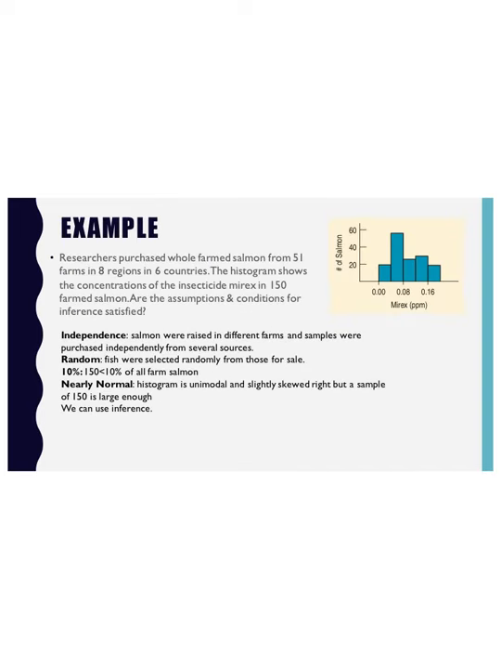So back to the murex example. Again, researchers purchased whole farm salmon from 51 farms in 8 regions in 6 countries. The histogram shows the concentrations of the insecticide murex in 150 farm-raised salmon. Are the assumptions and conditions for inference satisfied? Well, independence. If salmon were raised in different farms and samples were purchased independently from several sources, that should be okay. Random. It says in our story,